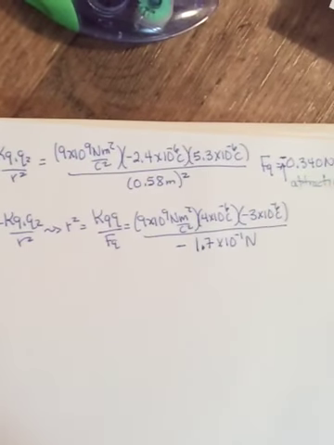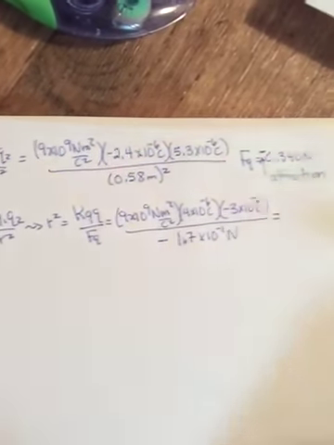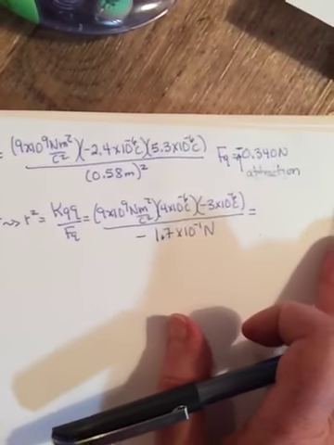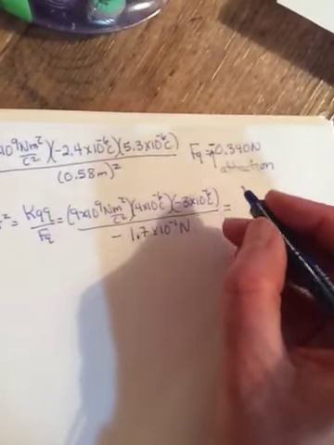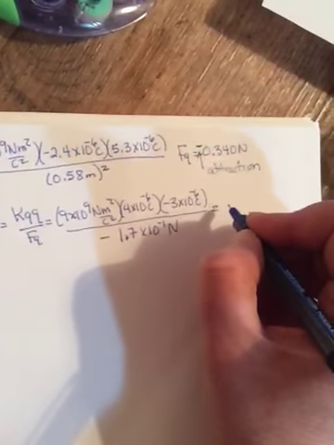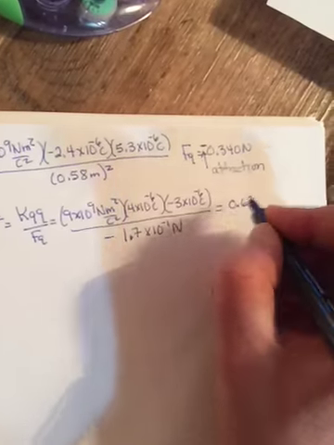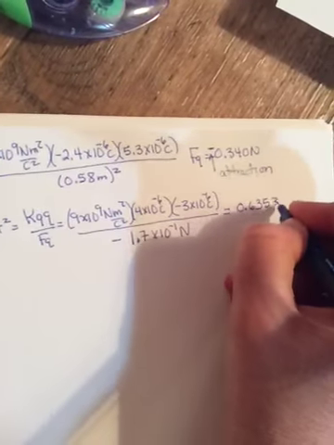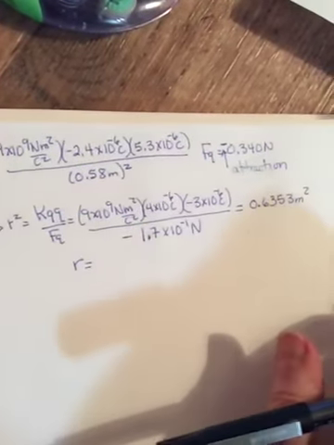Now, if you screwed up and didn't put a negative in there, you would get a negative for your r squared, and then you'd be like, wait, I can't take the square root of a negative r squared, and then you do what all good physics students would do. You just ignore the negative and take the square root anyway. But really, the F_Q goes in as a negative, and then your r squared ends up being a positive 0.6353. And that's meters squared. Then you take the square root and you get